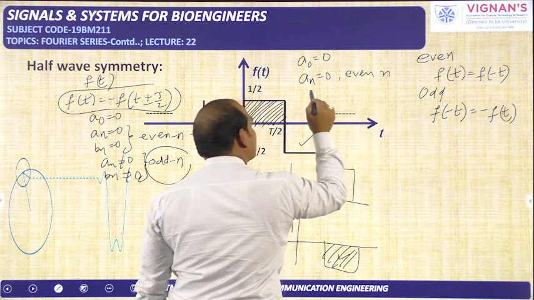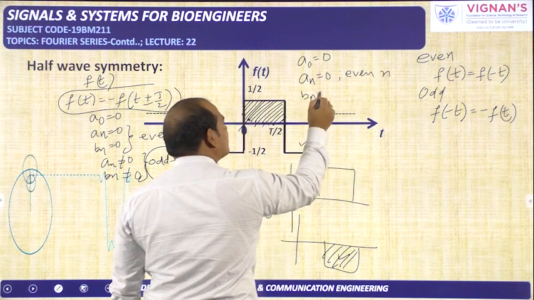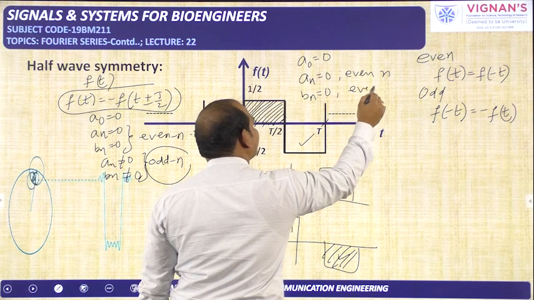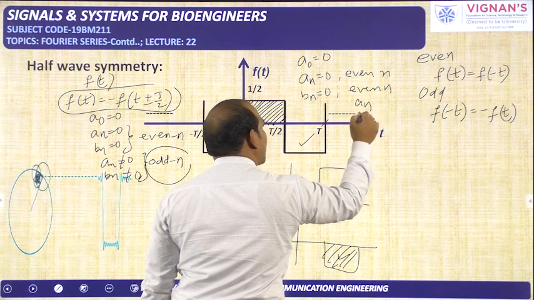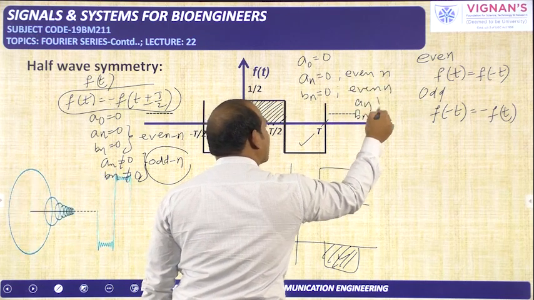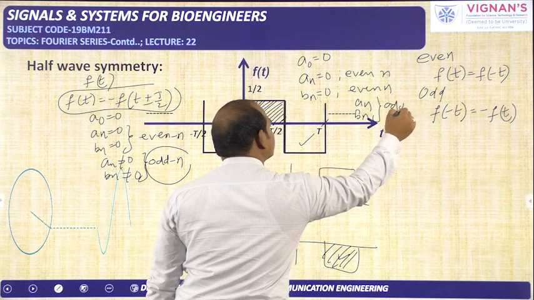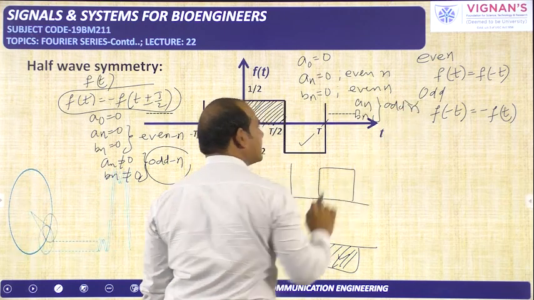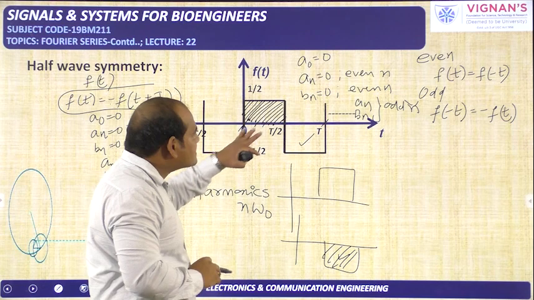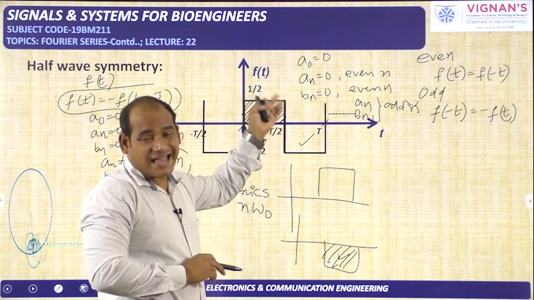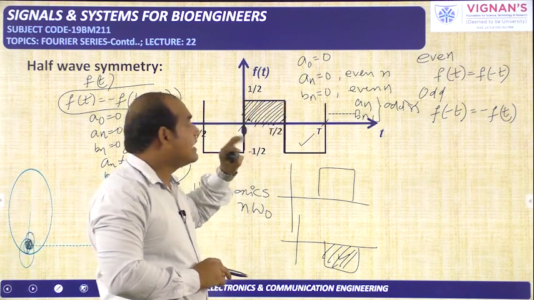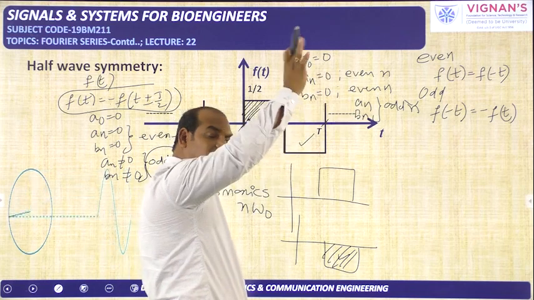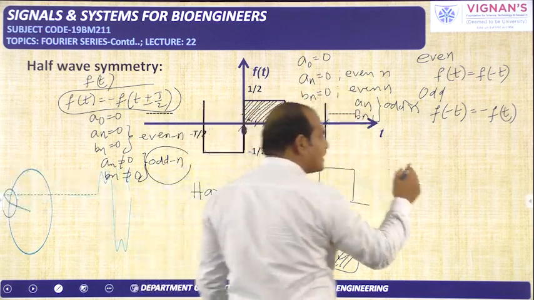Even n. And if you calculate Bn, you will get it is also 0 for even n. But for odd n, you will get non-zero values of An and Bn. If it is having other properties like an odd signal, then there are some other things for the